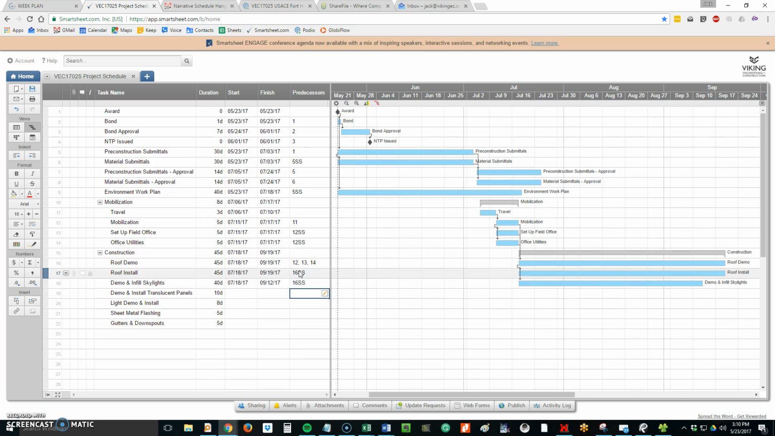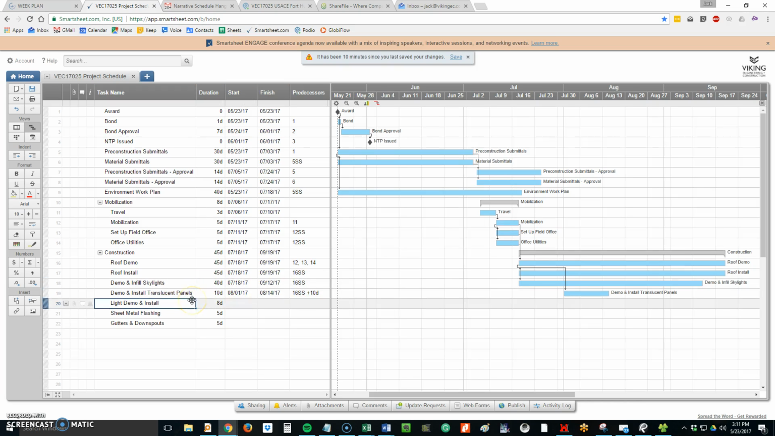Demo and install translucent panels. You know, I'm going to say it's going to also start right there, but let's see, those panels. I doubt they're going to start all that at the same time. Yeah. So sometimes you can actually put in a lag, let's say plus 10 days, and make it lag out a little bit. So then the light demo and install, I think what's going to happen here is